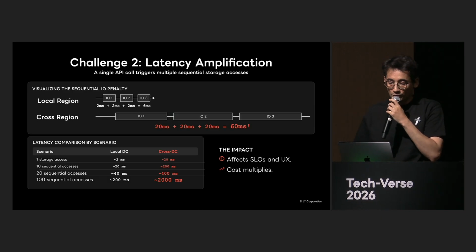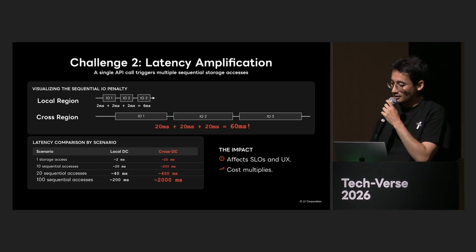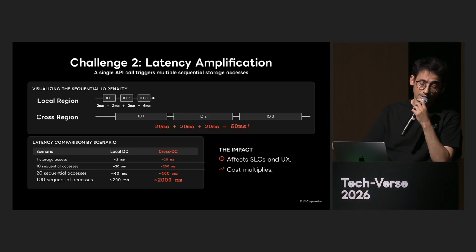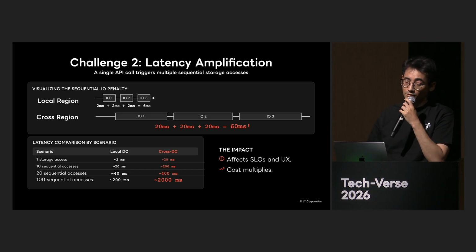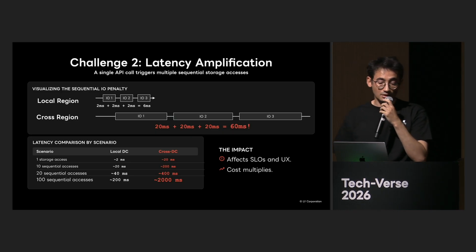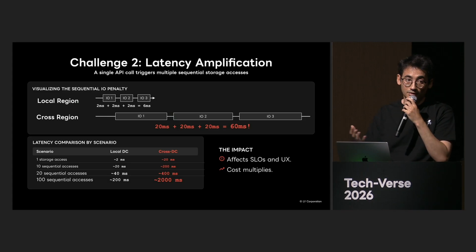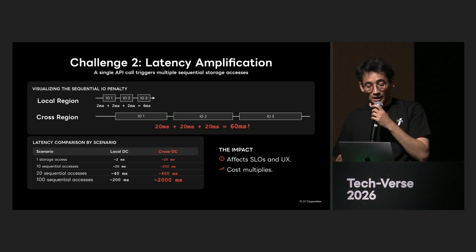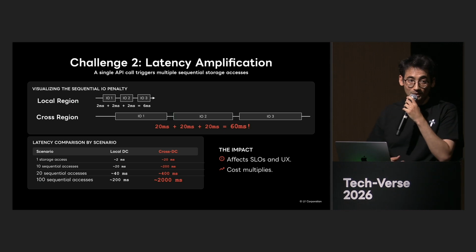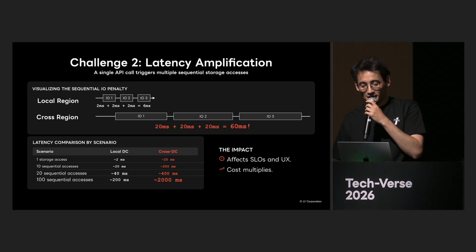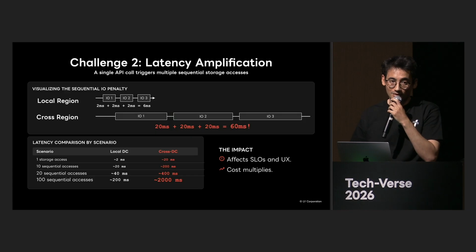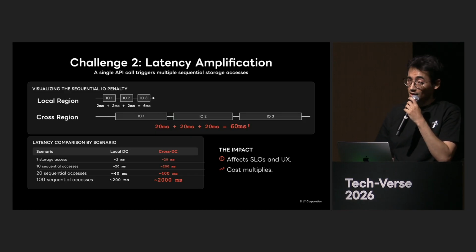But even with geographic partitioning of data, cross-region requests are unavoidable. Users in Japan may message friends in Thailand, or maybe we have groups spanning multiple regions. So a single request may need to query data from multiple regions. The issue is that a single API can trigger multiple sequential I/O operations, each taking locally 1 or 2 milliseconds. Well, it works fine and nobody optimizes, right? But across regions, each I/O can take around 20 milliseconds, easily breaking the service level objective and, of course, degrading